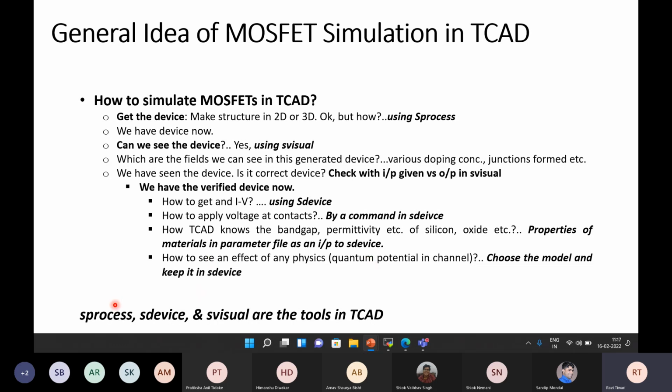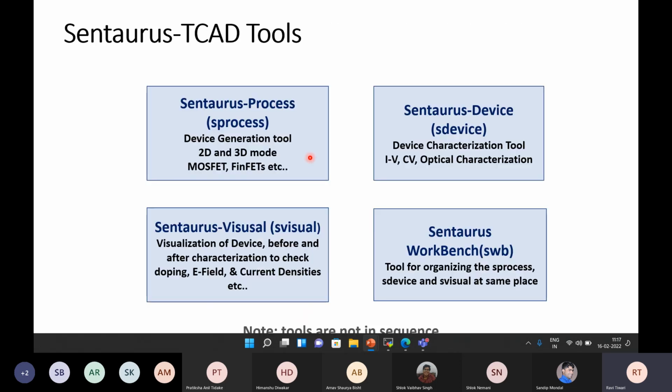So in summary, you can use S process to generate a device. You can use S device to characterize a device. You can use S visual to see everything that you have done here and after, or in between as well. So these are the main important tools in TCAD. This is just a summary of all the tools, not all the tools, but the most important tools that